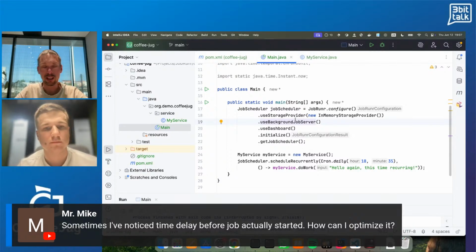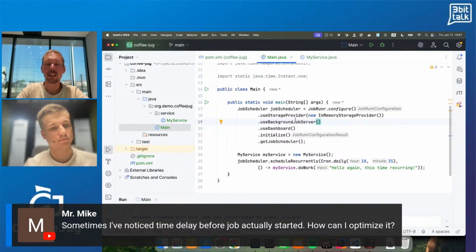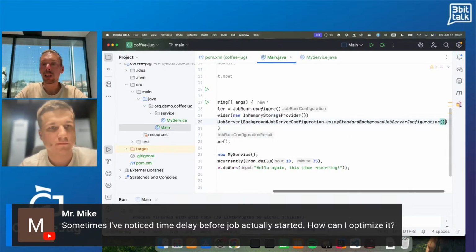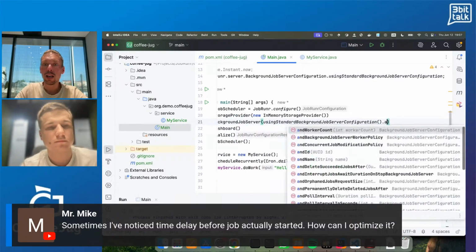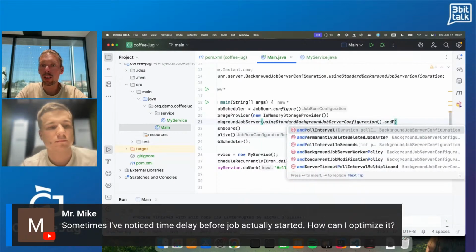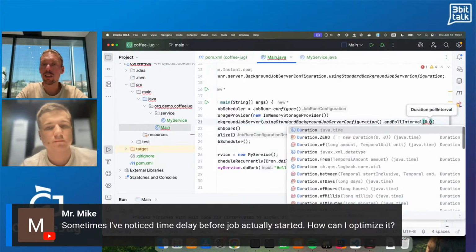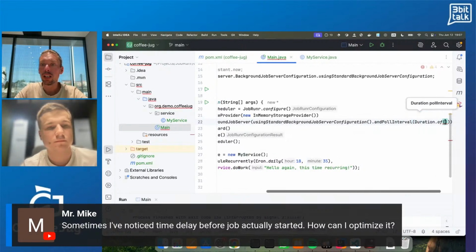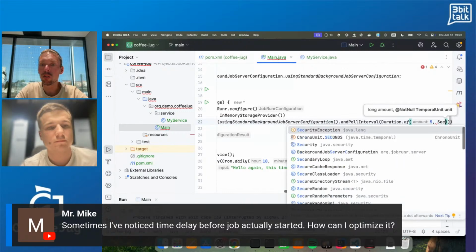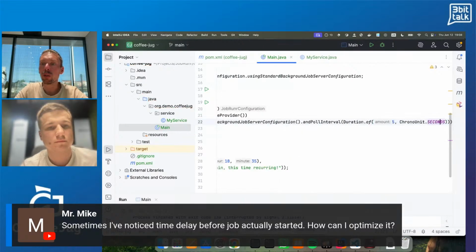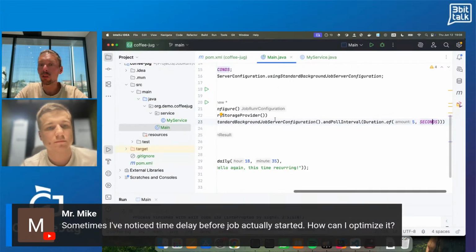We wait 15 seconds, is there any work to do? But this is configurable. So what I can do here is using standard background job server configuration, static import, and poll interval, and here I can say duration of, and the minimum that we support here is 5 seconds. So then instead of waiting 15 seconds, you need to only wait 5 seconds.